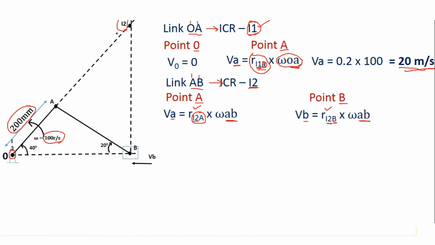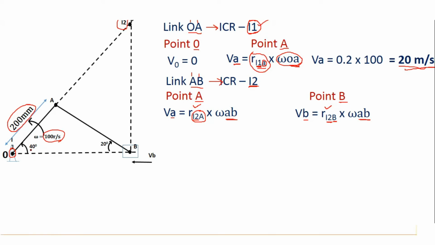To apply the sine rule or cosine rule, which we have seen, for the sine rule we need 3 angles and 1 side. For the cosine rule, we need 1 angle and 2 sides. It's just geometry. If this angle is 40 degrees and this angle is 20 degrees, what will be this angle? Yes, you are correct. 40 plus 20 is 60, and the sum of angles in a triangle is 180, so this will become 120 degrees. Is it okay? 120 plus 40 plus 20 gives you 180.